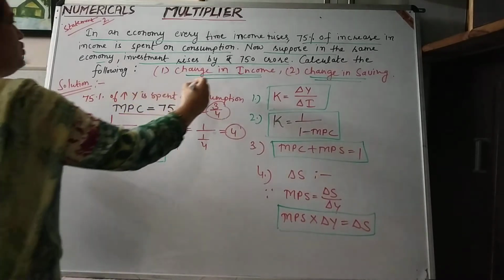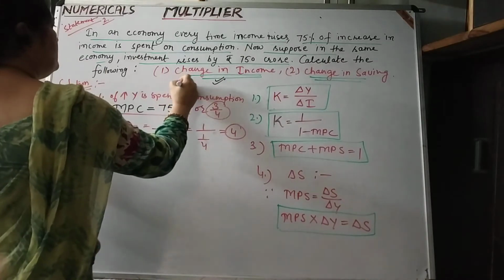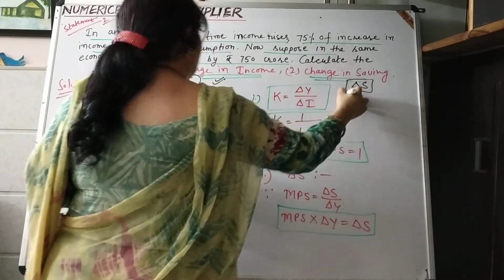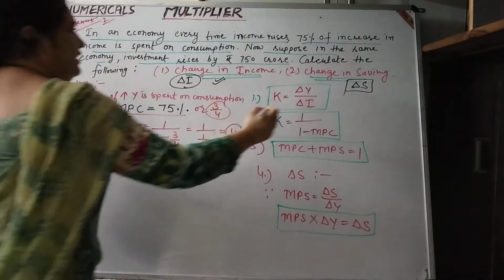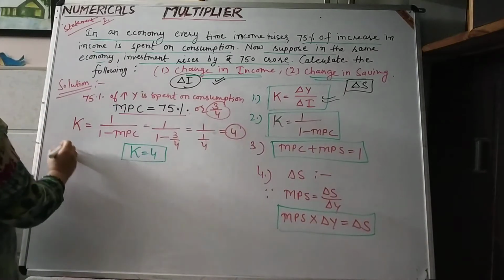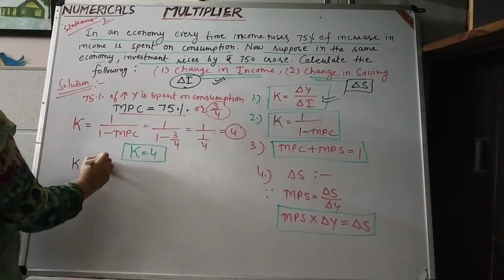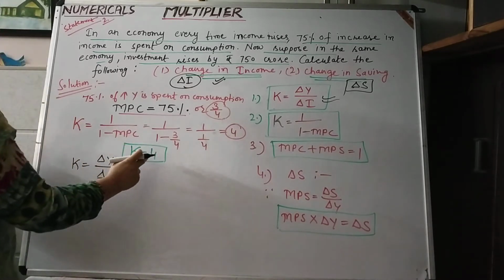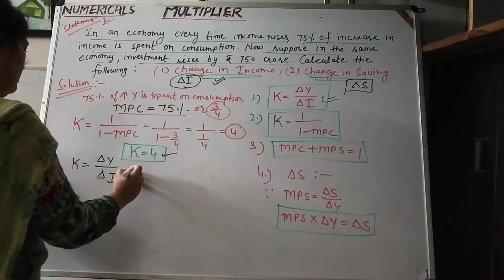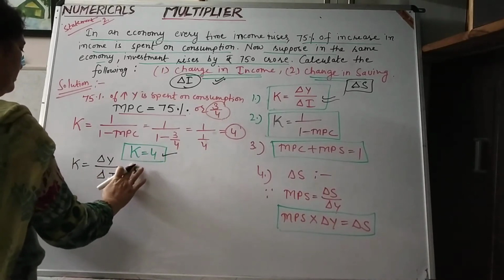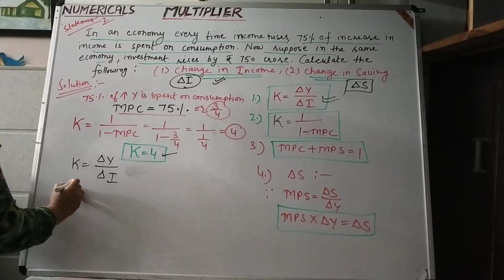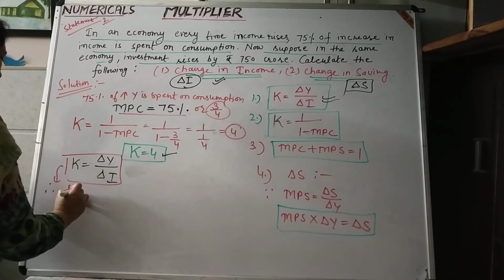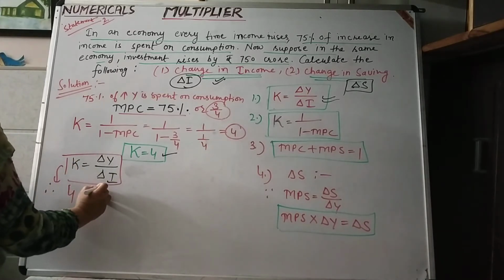We have to calculate change in income and change in saving. Change in income means delta Y, and change in saving means delta S. For the calculation of delta Y, let us put the value in the first formula. K is equal to delta Y upon delta I. We have derived the value of K, so by putting the value in this formula we get 4 is equal to delta Y upon